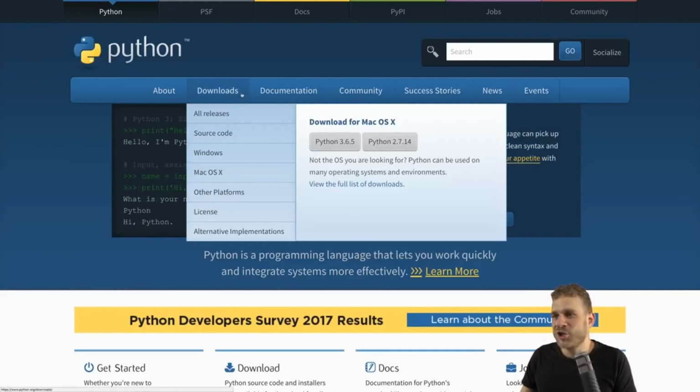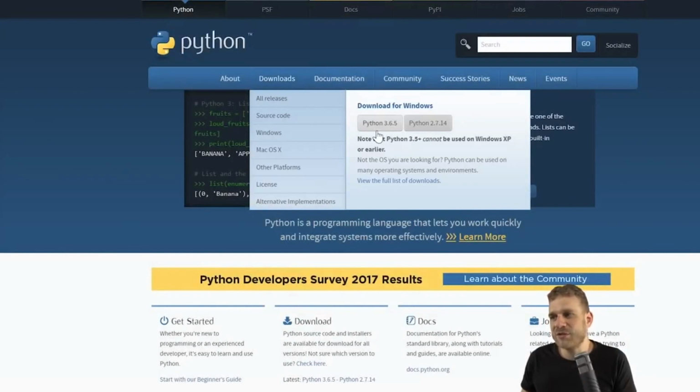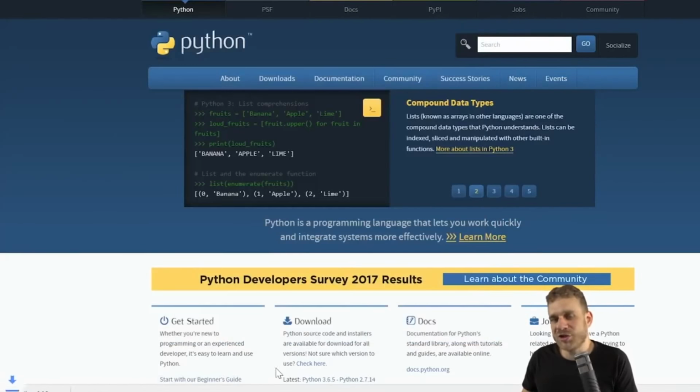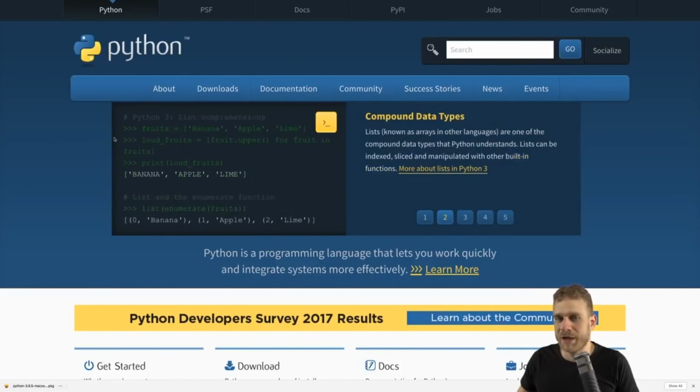On that page, choose Downloads, and then Python 3. Whatever the latest version is when you're viewing this. In my case, it's 3.6.5. Now, it's automatically giving me the Mac OS X download here. If you're on Windows, you visit that same page, and you simply choose the Windows download there. It should automatically offer that. On both operating systems, simply click, and the download should start. Once the download finished, simply click the downloaded file, and the installer should open up.